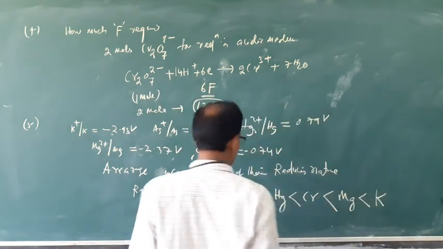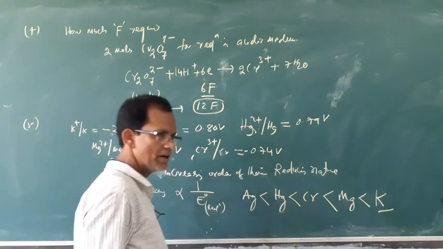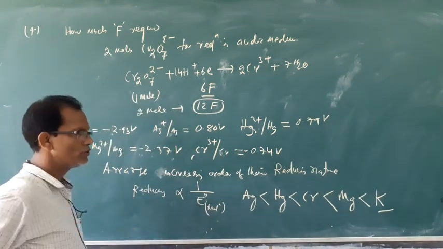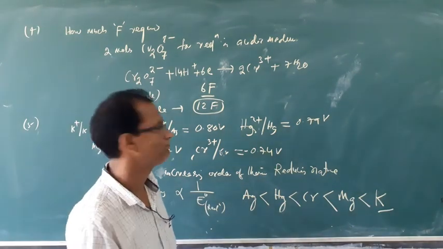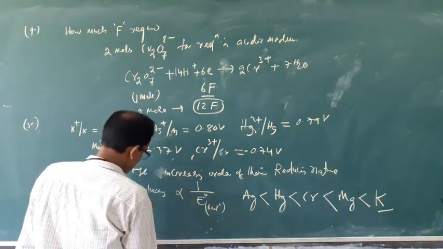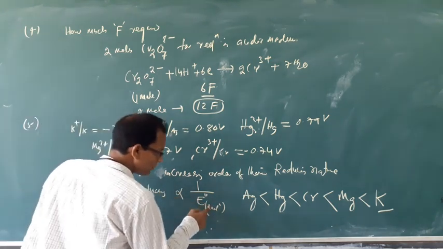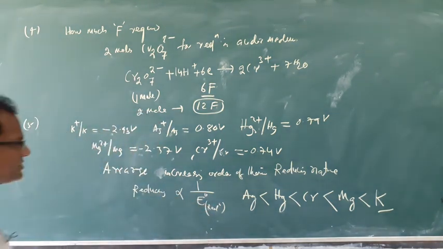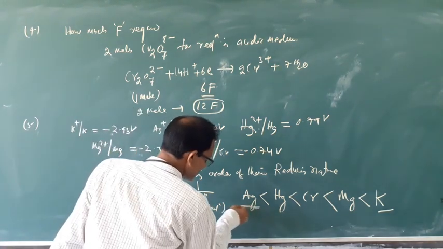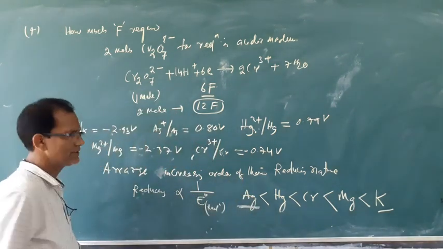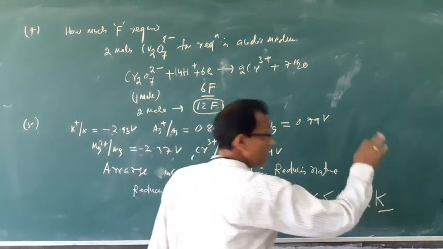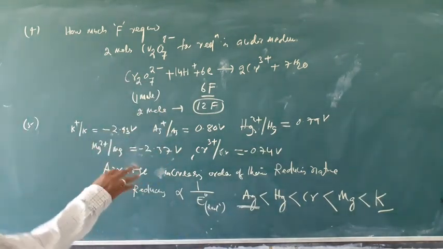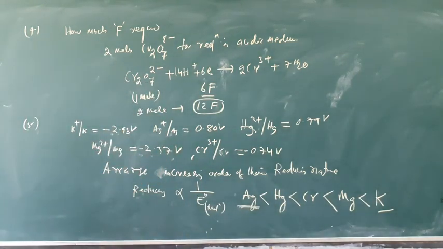As potassium has the least reduction potential among these, least reduction potential means a very strong reducing agent. The relation is this: reducing nature is inversely proportional to reduction potential. Silver has a high reduction potential, low reducing nature, and potassium has very low reduction potential, better reducing character. So this is the concept theory of the electrochemical series. Then the next question.